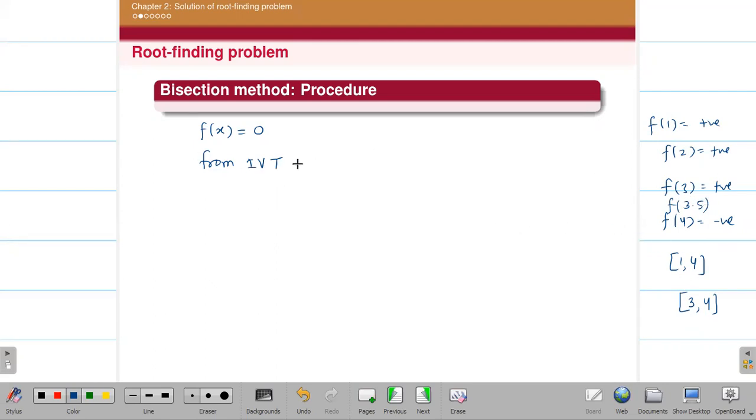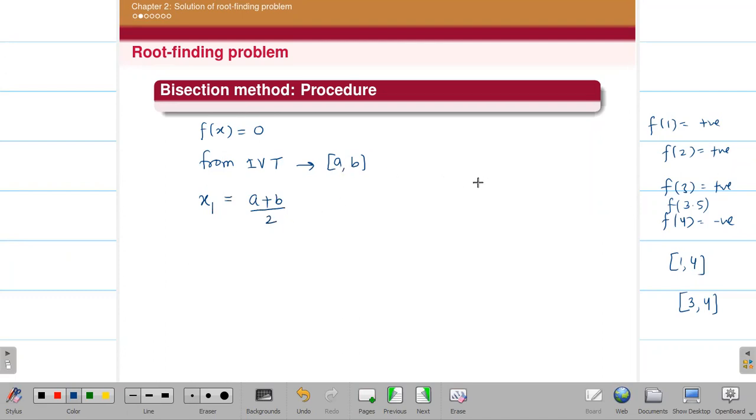Okay. So from IVT, suppose I found the interval AB. So now by the bisection method, you are finding the root of this equation in this interval. So now what is the first step? X1 means I am taking the first iteration. By bisection you are bisecting the interval, so from the name, we are bisecting the interval by taking the midpoint of these two, a plus b by 2.